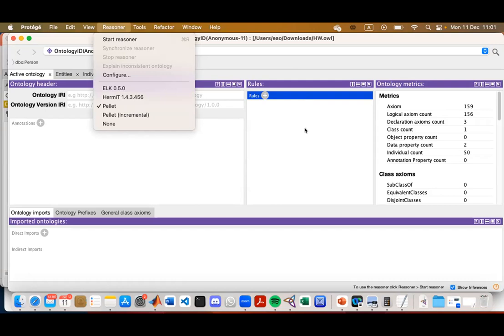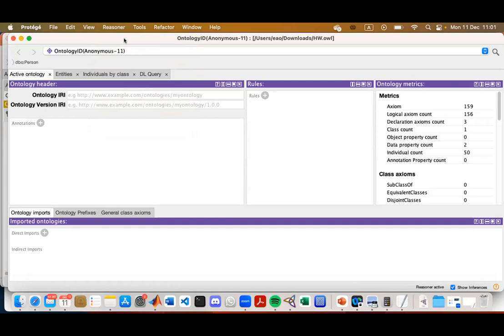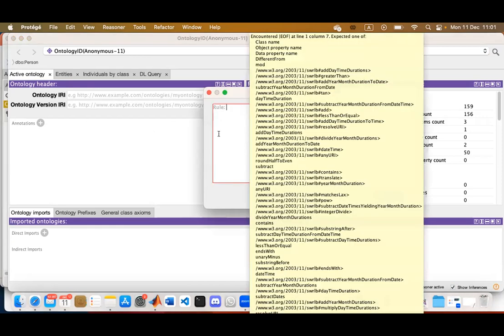And in the second half of the class, we will talk about what is behind this. What does it mean? What kind of algorithm runs in the reasoner? So we can start the reasoner, and see that it doesn't complain. If the ontology is inconsistent, you start to see immediately some warnings or error messages. But here, we start with constructing a rule.